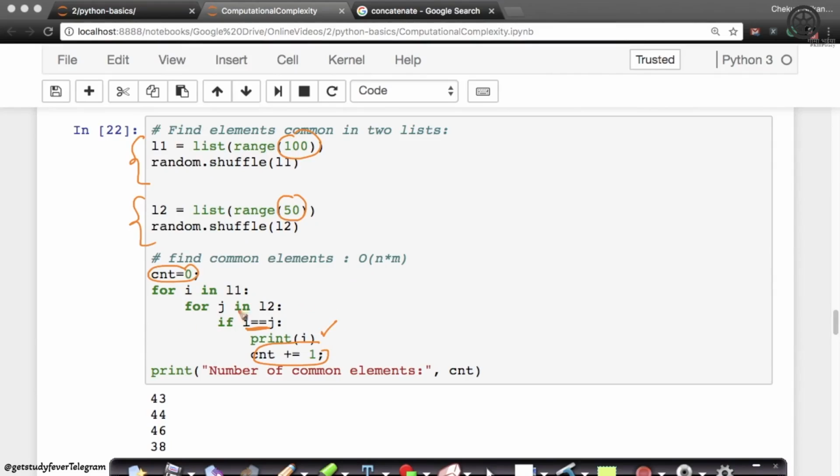Very simple code. Now, whenever you see this twin loop, this loop will run m times because L2 is of size m, and this loop will run n times. And the total time is n into m, order of n into m. Space, I'm not using much space. I'm just using literally space for count, only one additional space, so it's only order of one space. Now the question here is, can we improve this using some interesting data structures? We'll see that in the next video.